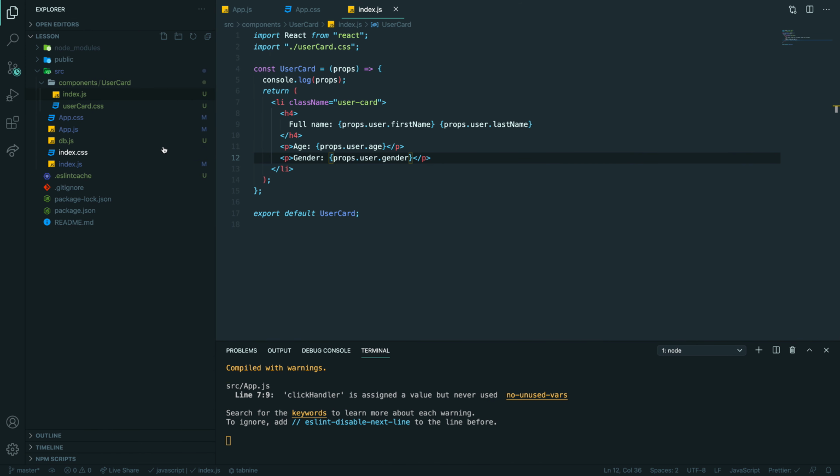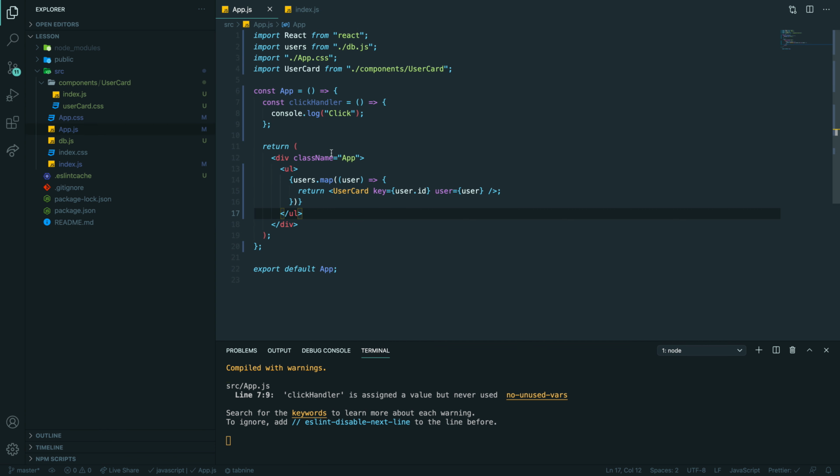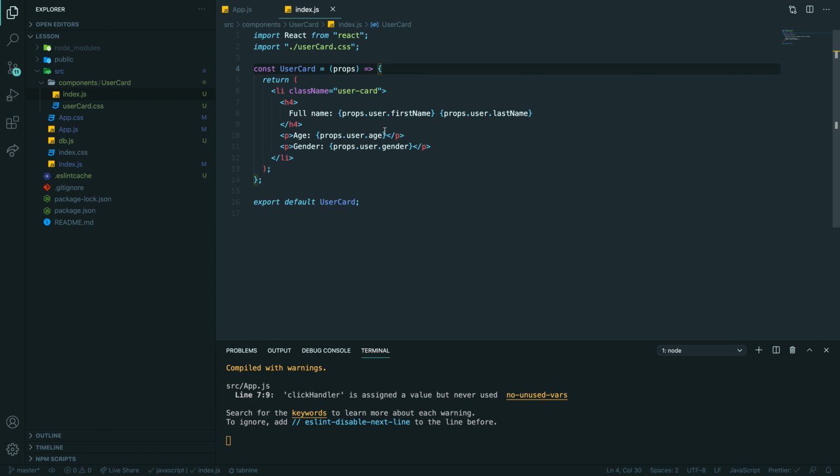So everything is dynamic now. So we have props. Let me close this. We're passing the whole user to our card, and then we just have the access because the whole user is inside props, and we're getting stuff from there.